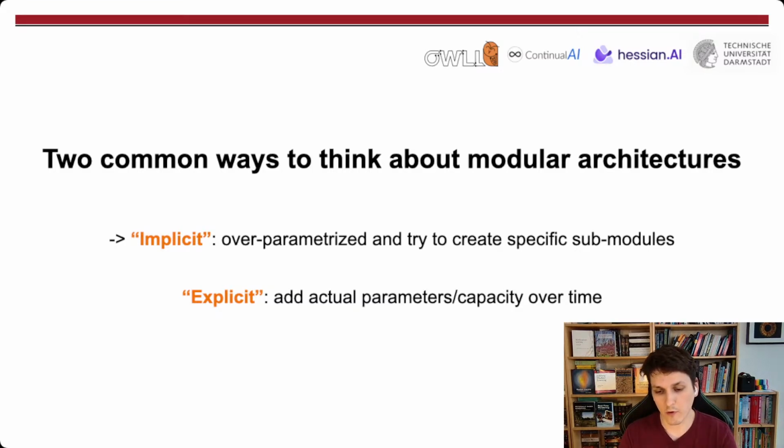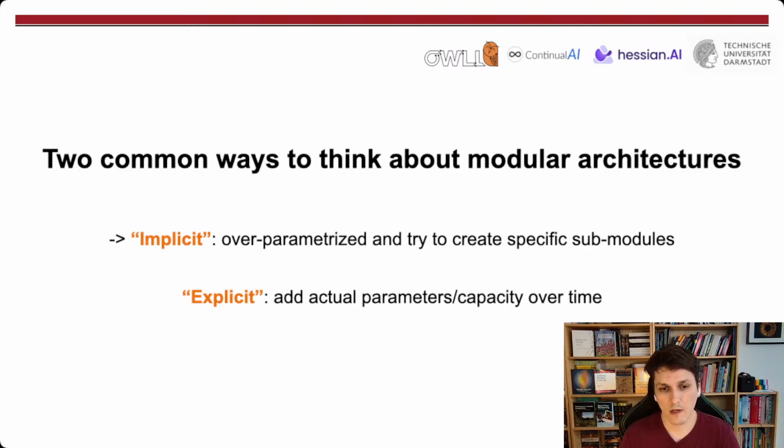So it's a little bit like what we've already started with elastic weight consolidation and the synaptic intelligence idea, that we start with a model that is so large that we can in fact identify parameters that are only responsible for one task, but we'll still have so many redundant parameters left that we can just create sub-routes, sub-paths of a model that is now responsible for a new task. I'm calling this implicit because you start with a very large model and then try to create these submodules, versus what I refer to as explicit here, which is perhaps, at least to me,